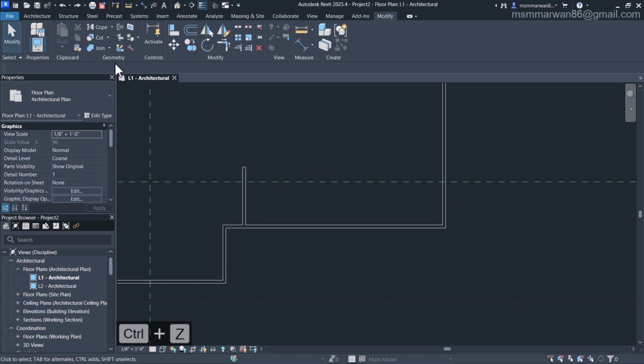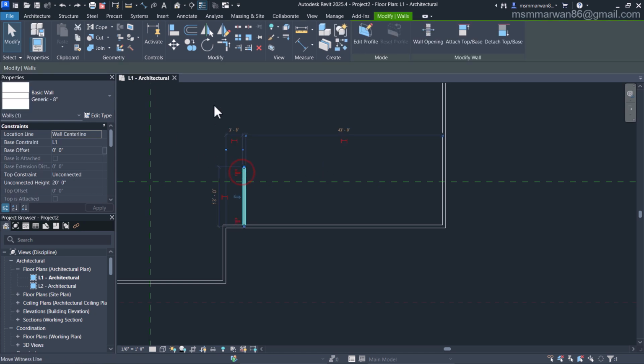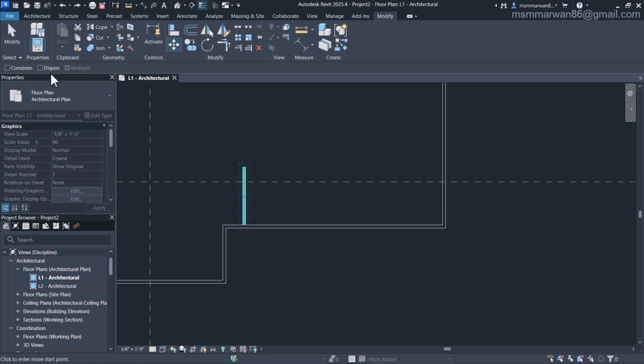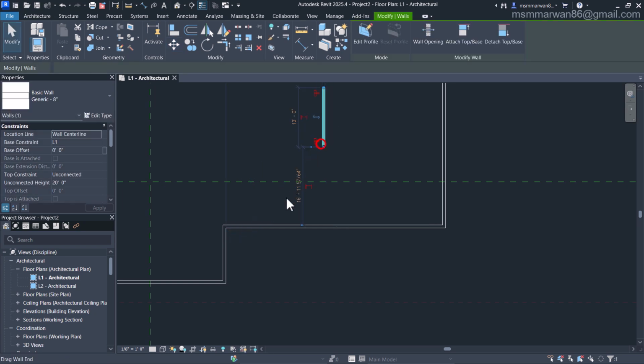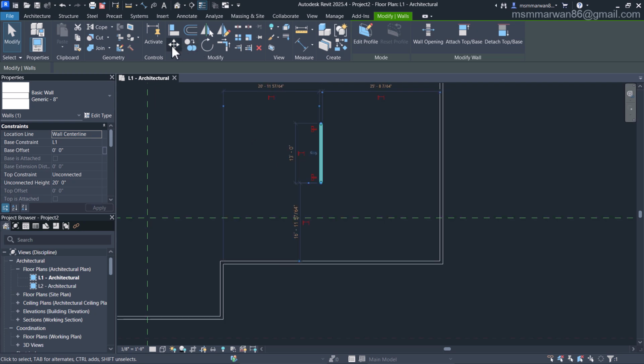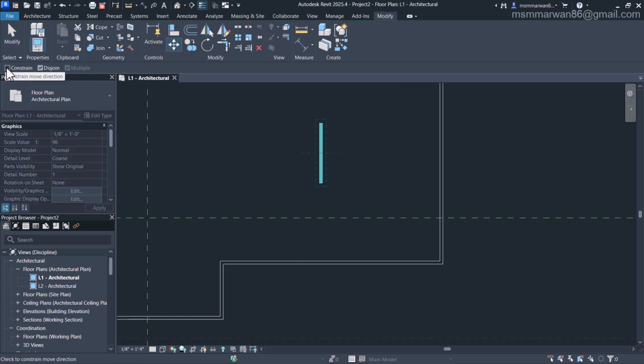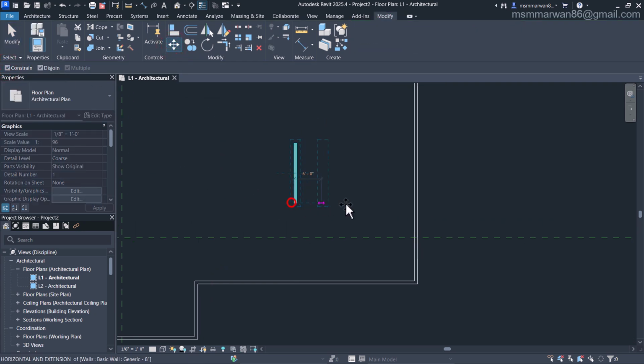I'll undo. Again, I'll select the wall and select the move tool. In that case, in the options bar, I can select disjoin here. I'll select the endpoint and I'll move here. Now it has moved without maintaining the join condition because in the options bar, I selected the disjoin option. Now again, I select the move tool. This time, if you apply constraint, you'll be able to move only in the horizontal direction and vertical direction,